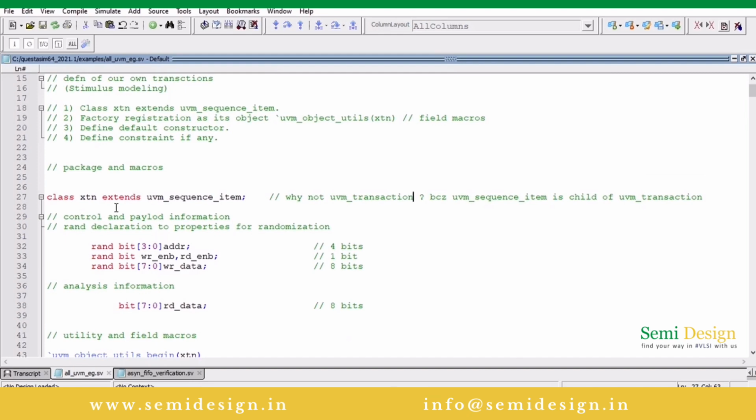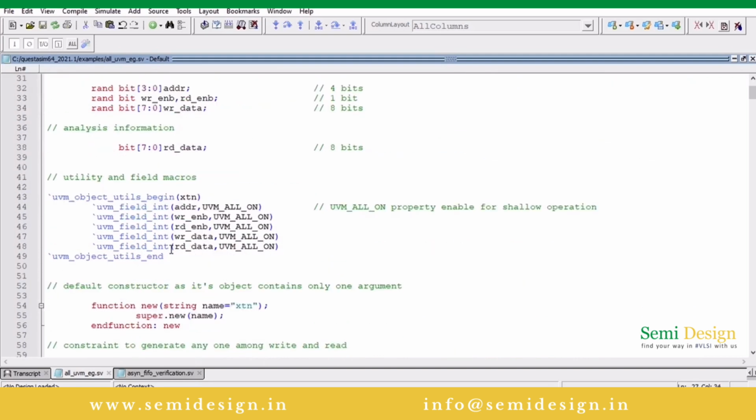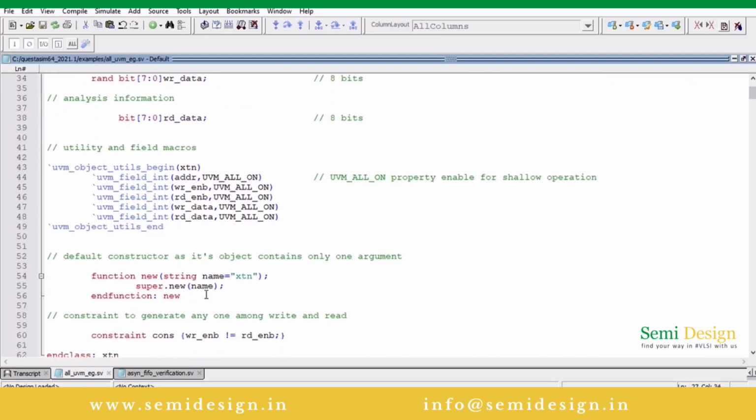Now after extending from UVM sequence item, as it is an object, its default constructor will expect only one argument. I'm sure you know the difference between object and component, and this is one of the most frequently asked interview questions: explain the difference between UVM object and UVM component.